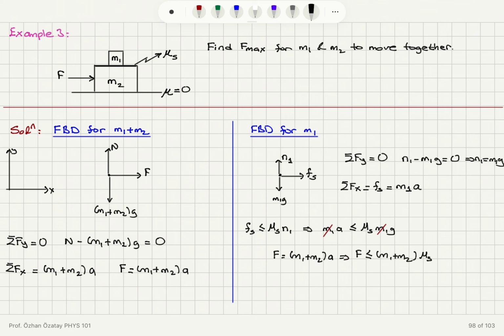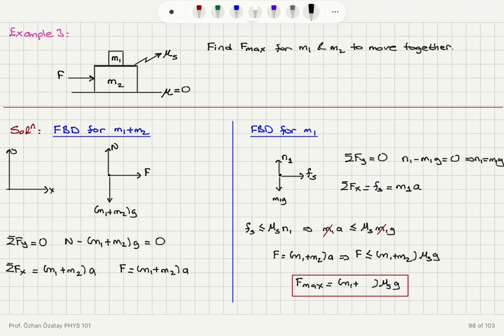So the maximum value of this force F will be (M1 plus M2) times mu s times g. This is the maximum force we can apply